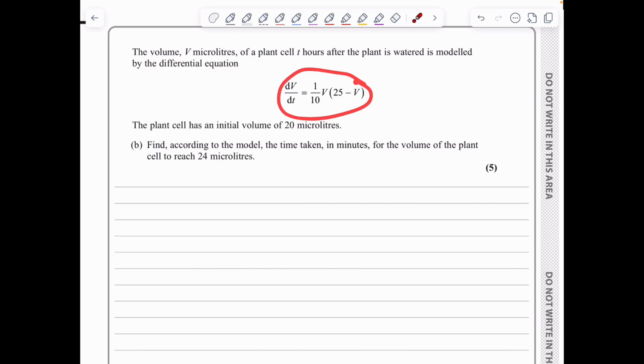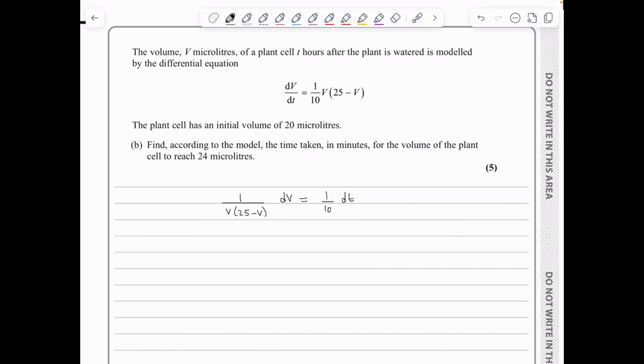And what I'm going to do, I'm going to use cross multiplication to separate the variables. So collect the v's with the v's on the left hand side and the remaining terms with the t on the right hand side. So we are looking at 1 over v times 25 minus v dv being equal to 1 over 10